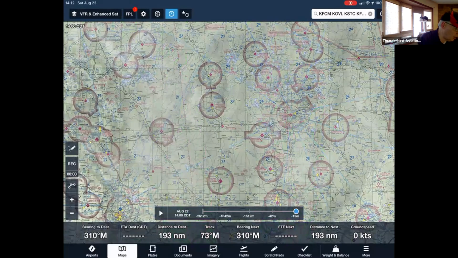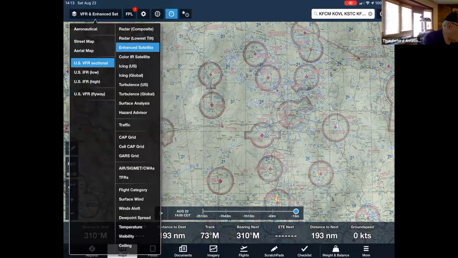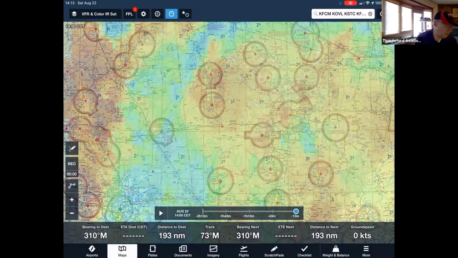Again, these are all in the same huge rectangle, so they're mutually exclusive. You can't have them all there at the same time. This is satellite information, which never has made a whole lot of sense to me. The color one is a little bit better if you know what you're looking for, to figure out what the different colors mean as far as the heights of the clouds,